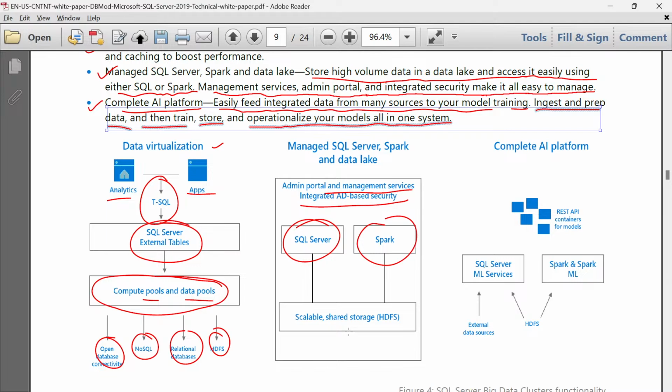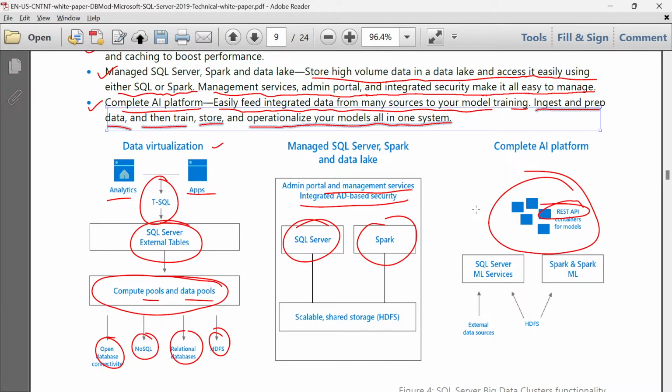Now, how is it a complete AI platform? How can you say that it incorporates an AI system? Here you can see we have containers for different data models based on REST API.